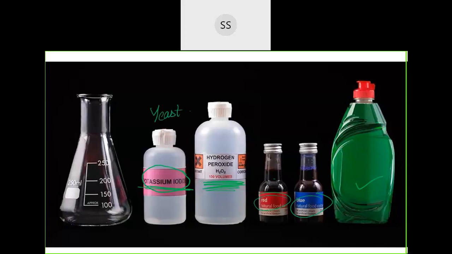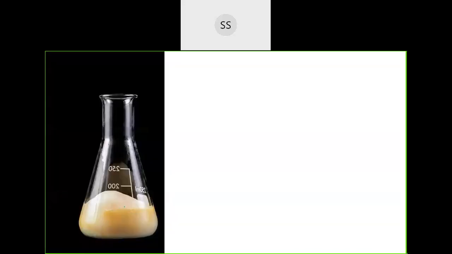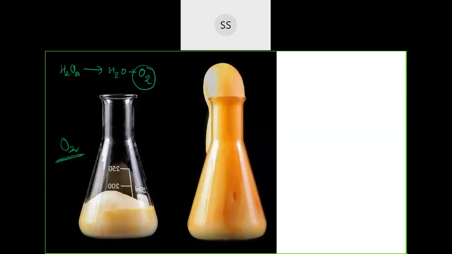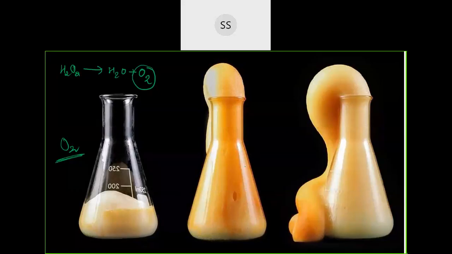So during the reaction, if your concentration of hydrogen peroxide is very low, you will get less oxygen released, because hydrogen peroxide breaks down to give you water plus oxygen. Oxygen is a gas, so it will try to escape out. When it is trying to escape, it will penetrate through that solution, so you get bubbles there. Those bubbles are formed because of oxygen. So if you take a higher concentration of hydrogen peroxide, more oxygen will be released, and this is how you will be able to see the changes. It will escape from the whole solution. The thickness is quite big, so it is called elephant toothpaste.